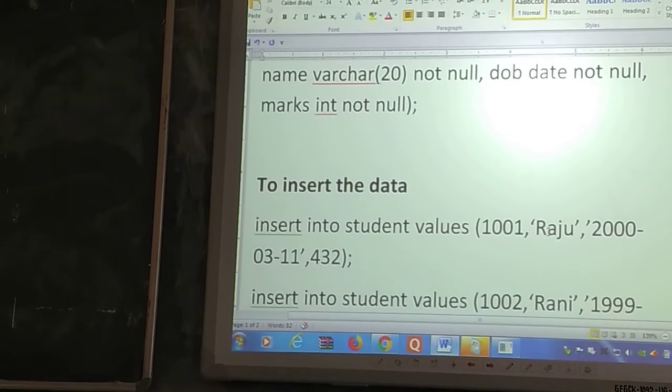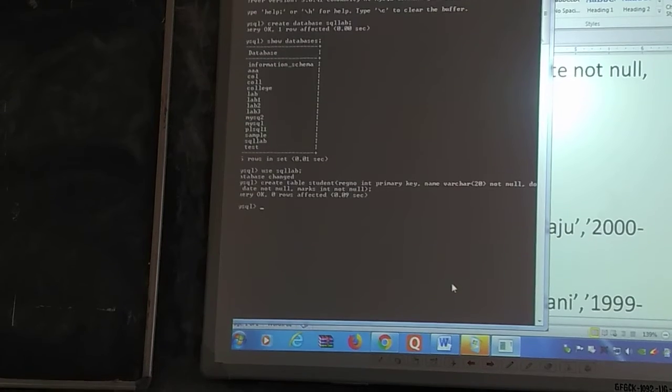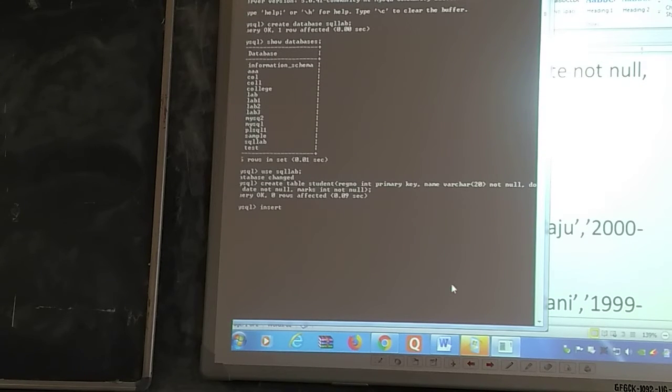Whenever you want to have a register, characters and a date, we have to insert the data inside the double quotes. So let's insert a data. Insert into student values. So let's take the register number 1001. Name of the student I'm using Raju. Then date of birth. First year we are using, then date, then month, then marks of the student. Close it and semicolon. Check out one more time whether any spelling mistakes are there.